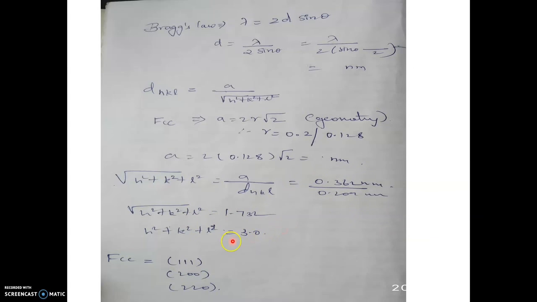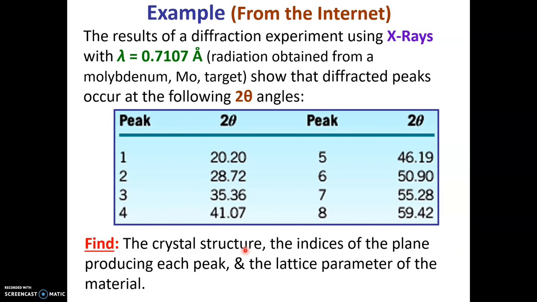So taking the square root on both sides, here the square root will be cancelled, here it's squared, and you will get a 3. So for 1 1 1 you will get a 3 here, or you may get a chance of 2 1 0, or 1 1 0. So all the representations of this 3 will give the face centered cubic. So these are the possible crystal structures that can be seen for the sample.